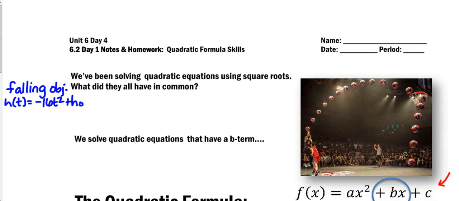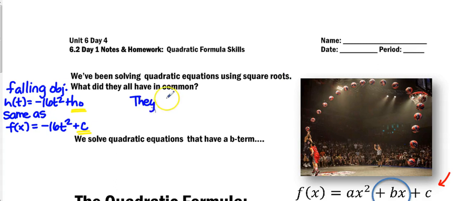So we could actually say that this is the same as f of x equals negative 16t squared plus c. So that constant at the end, our initial height, is that last term here. So they do have this a squared, in this case for the falling objects it was negative 16. We have a squared term and we have the constant term, but